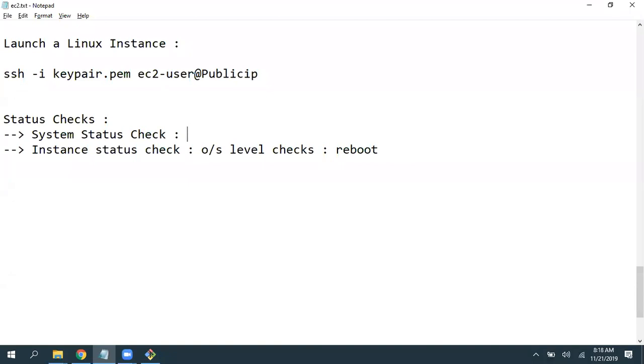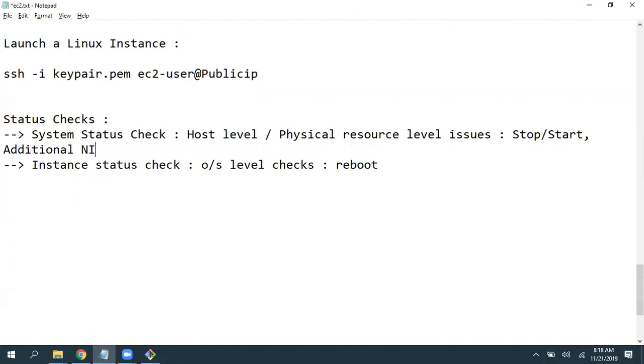This is nothing but host level issues or physical resource level issues. How can we fix this? By stopping and starting our EC2 instance, we can fix these issues. If you're still not able to, we have a quick fix: add an additional NIC card.